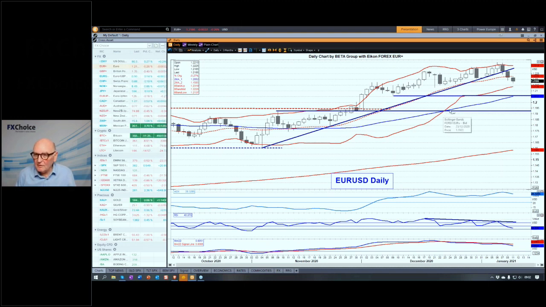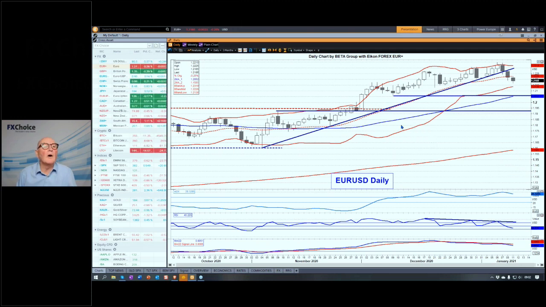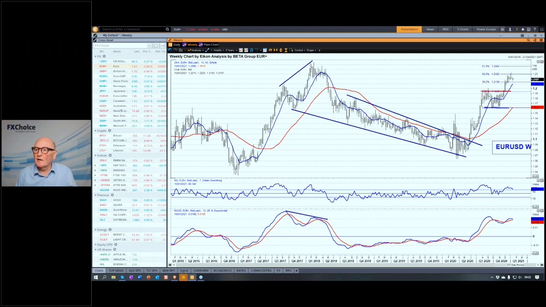I do think it's still an uptrend. Here is the 20 period moving average, here's the 50 period moving average, here's the 200-day moving average. They're all in the right order and still wide apart, which indicates strength in the market. And just to look at the weekly chart, so here each bar is a week. The crucial event was the breakout of this consolidation, which we talked a lot about, and the powerful move there. And I do think that we're on our way up for a leg which will be as long as